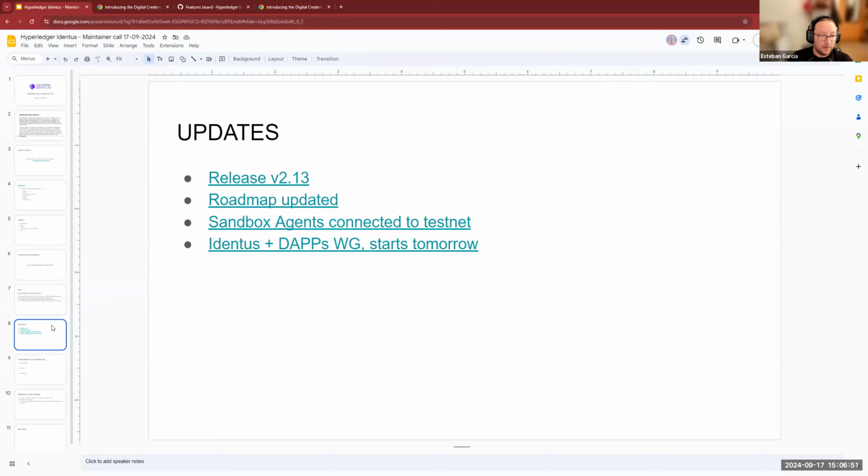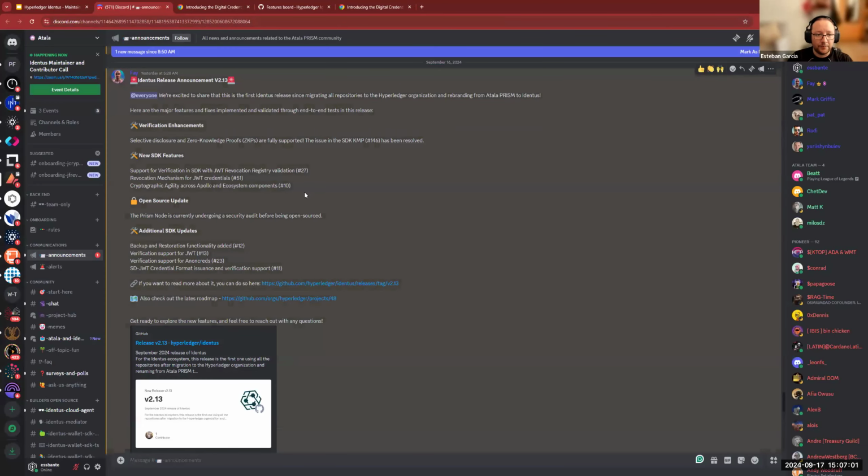Then regarding project updates, we have release version 2.13, which was released earlier this week. I think it was yesterday. There is an announcement that Fayad made in the Discord channel. You can check all the list of things that have been added with this new release. We have verification enhancements. It says that we have zero knowledge proofs fully supported in the KMP SDK. Apparently there was some sort of bug in there. New features: support for verification in the SDK with JWT revocation registry, a revocation mechanism for JWT credentials, cryptographic agility